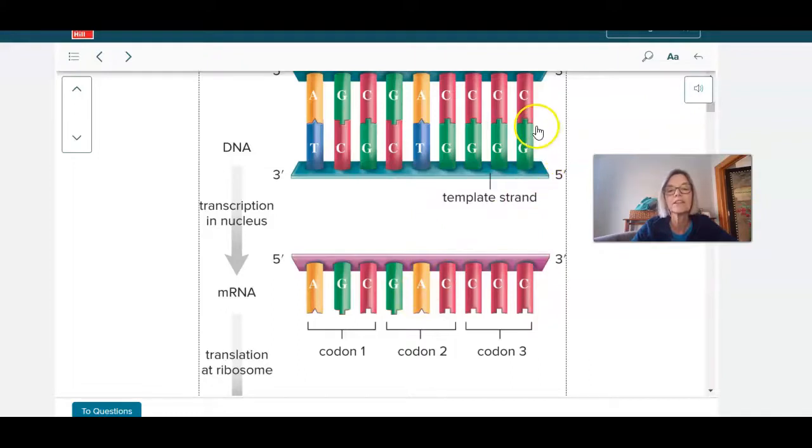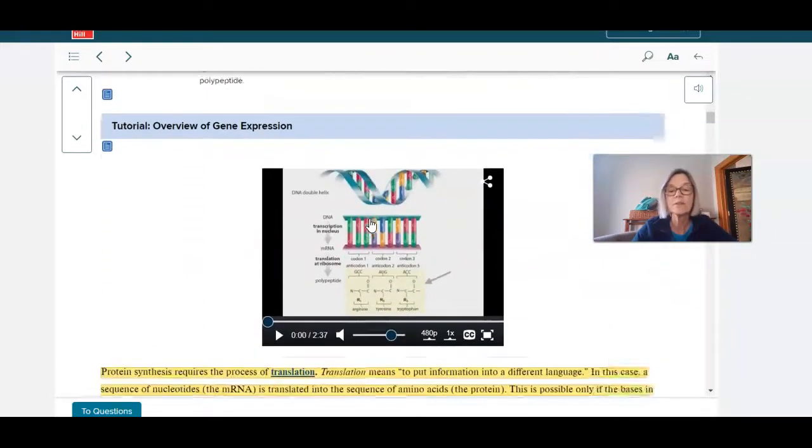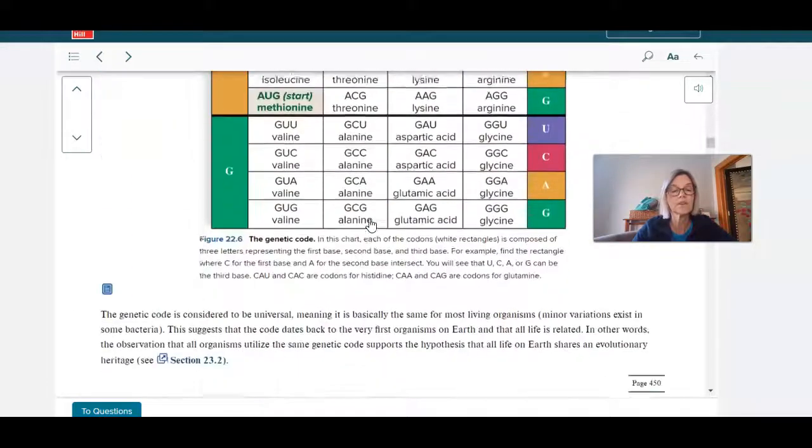The one thing they don't have here is they don't have an A. If there was an A in the DNA down here, there would be a U in the RNA. Remember, RNA has U's, not T's. Okay, and you'll see more of those details, like I said, in the video. So here, I wanted to talk about